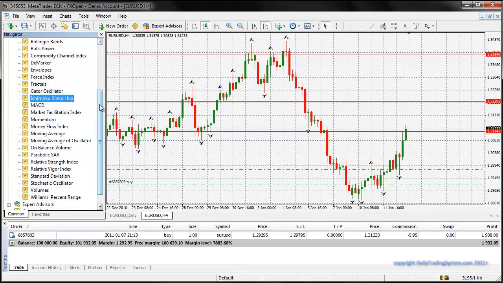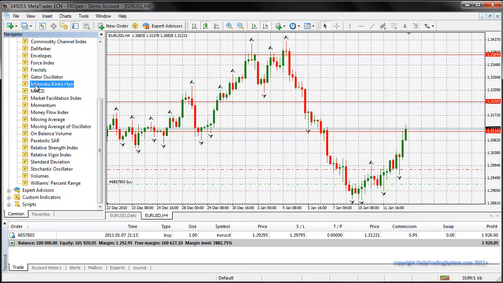Anything lower than the 4 hour time frame, such as the 1 hour and the 30 minute and the 15 minute and 5 minute, I would not recommend using this indicator on. Okay, there are two areas where you can actually get the Ichimoku Kinko Hyo indicator from,